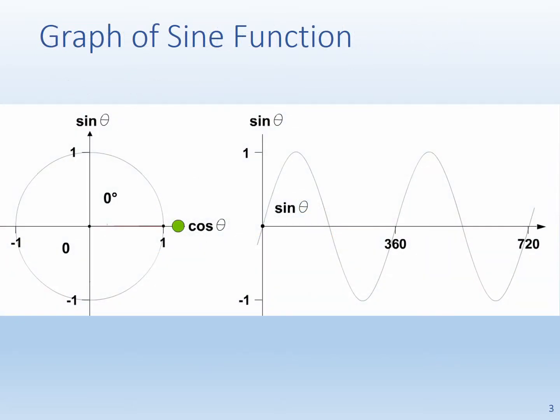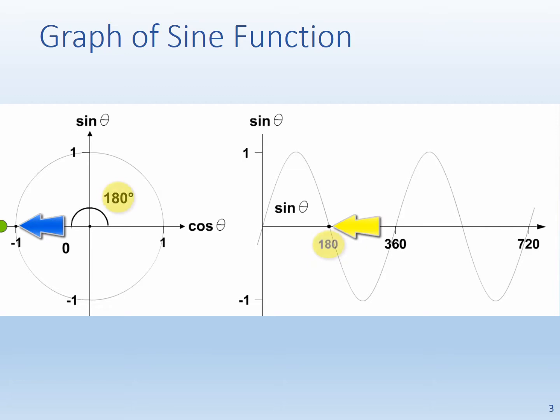The y coordinate on the unit circle will give us the sine of the angle. At the angle of 0, sine 0 is 0. As our angle increases, the length of y increases all the way through until we get to 90 degrees, which is our maximum value for y, which is 1. As we increase our angle beyond 90 degrees to 180 degrees, our y values are decreasing until we get back